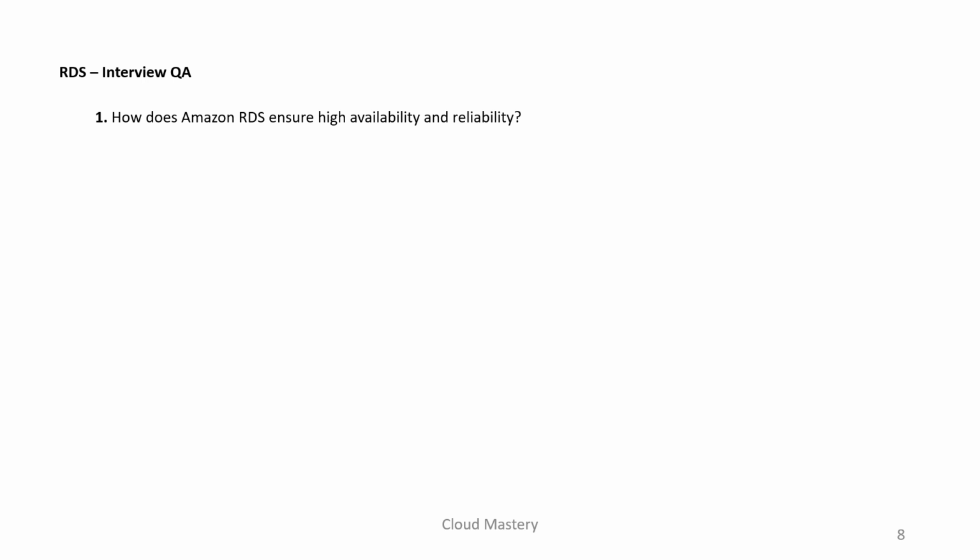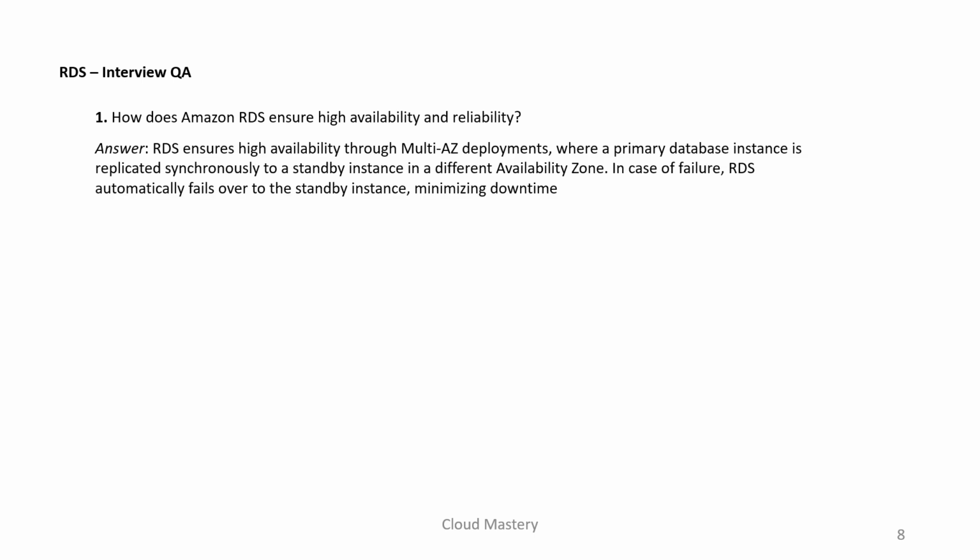So let's talk about what kind of interview questions and answers are asked by the interviewer. The first question I have listed here is: how does Amazon RDS ensure high availability and reliability? Then you can answer that RDS ensures high availability through Multi-AZ deployment. You can choose the Multi-AZ feature on the RDS service, and then if the primary database instance